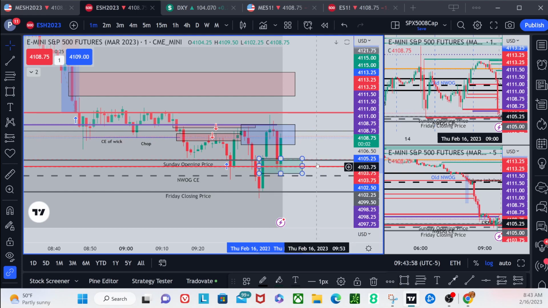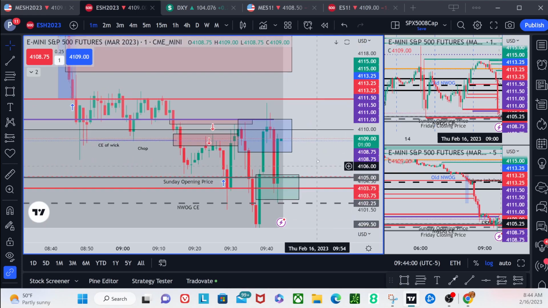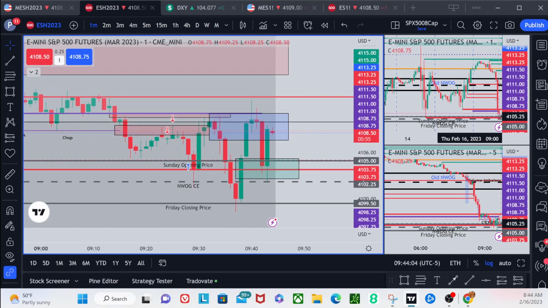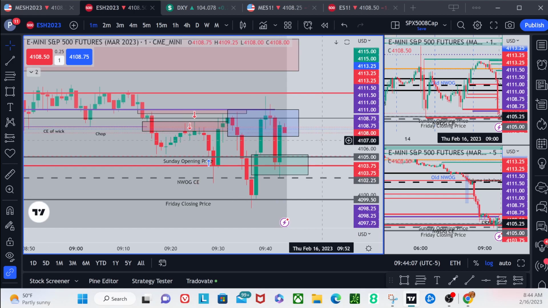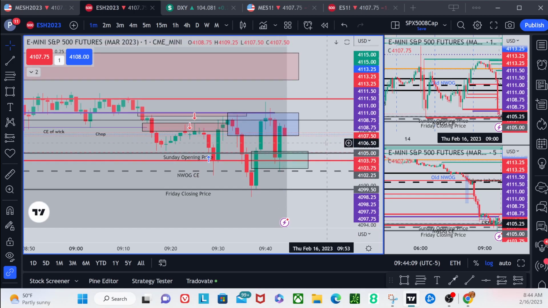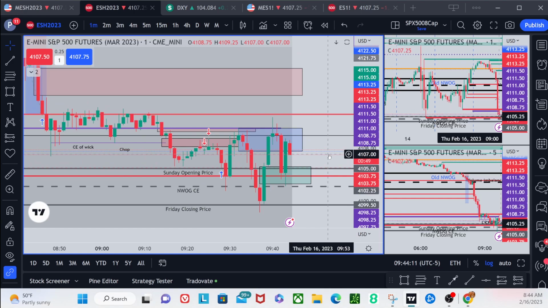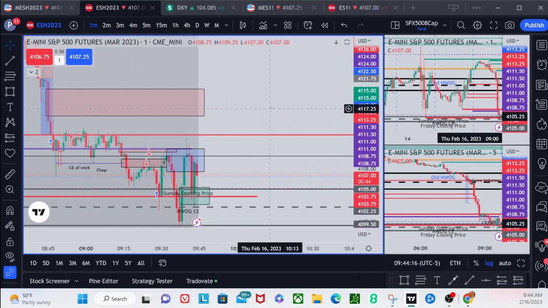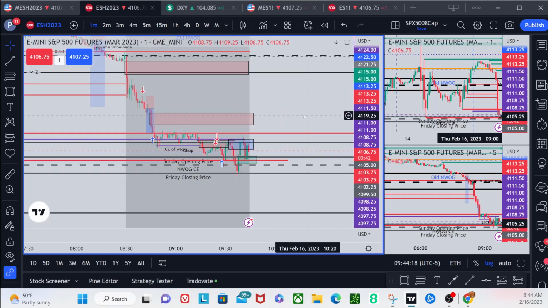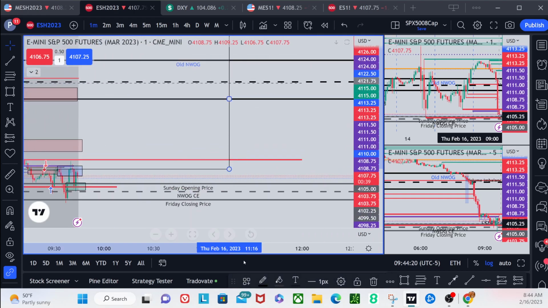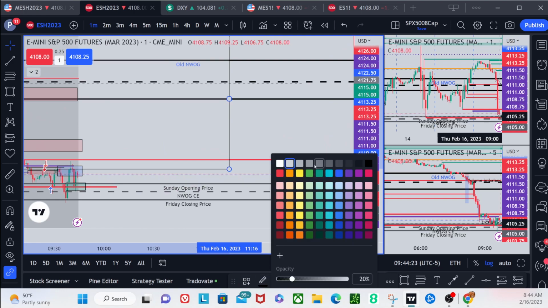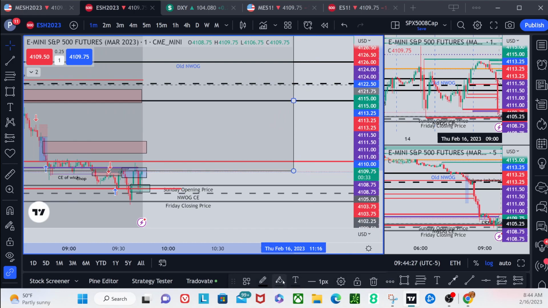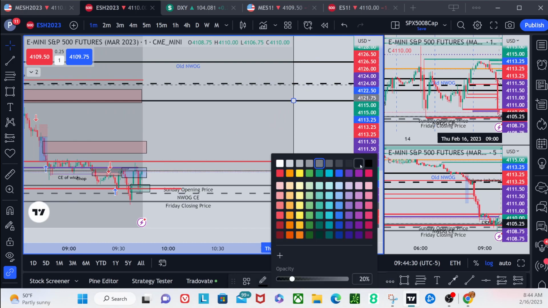So what I like to do is I sacrifice this morning session and I lean heavily on the 1:30 to 4 o'clock time period in the day, because if it's going to trade back up inside of this shaded area here that I have in gray, that's a lot of range. I'm not making the case it's going to go all the way back up there, at least not right away. But it's something that the market will likely want to consider revisiting, unless, and this is the only way it would be